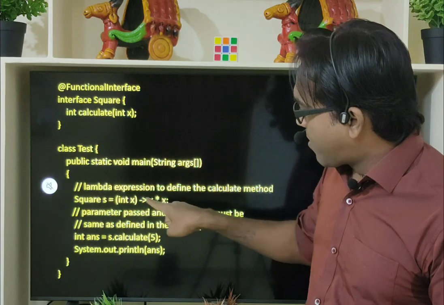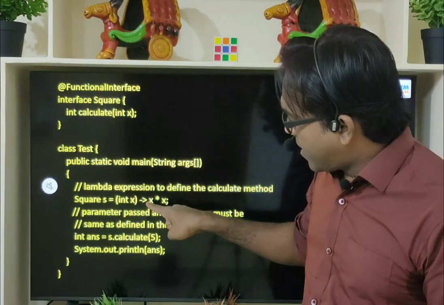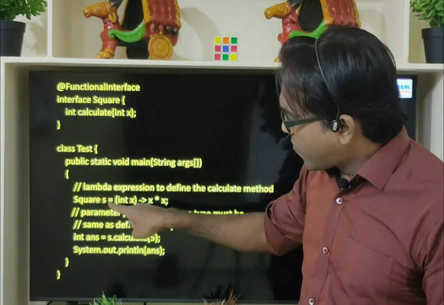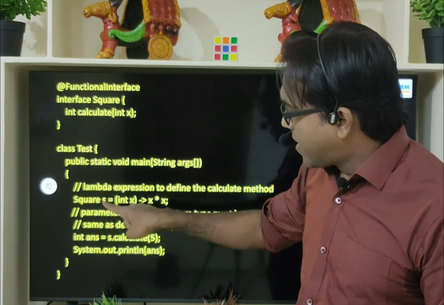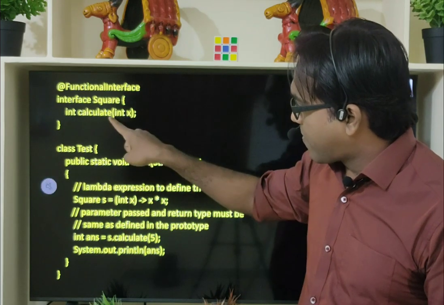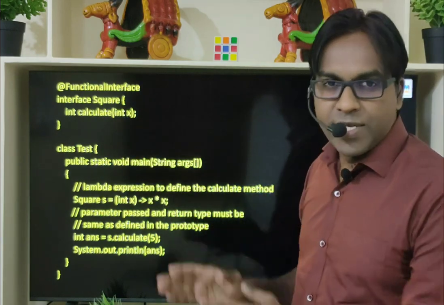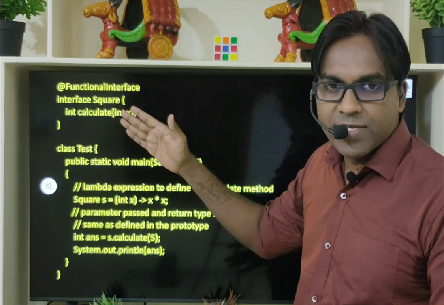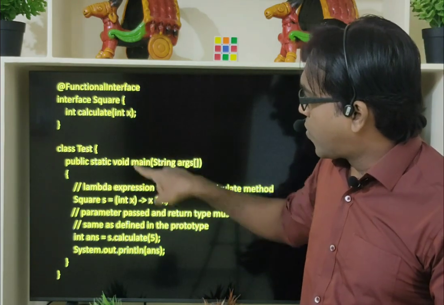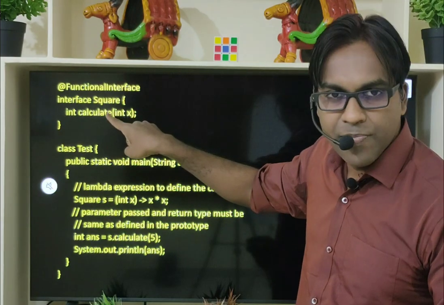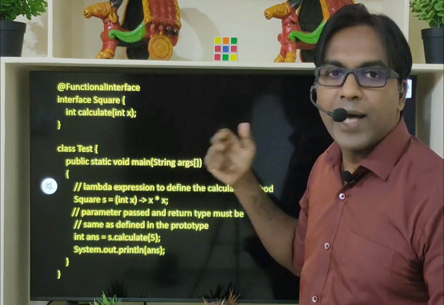This is a lambda expression implementation, and this lambda expression implementation is assigned to the reference variable of the functional interface. And after this, you can call this functional interface method wherever you need. This is the use of functional interface and lambda expression. Without lambda expression, we don't have a functional interface, and without functional interface, we no need to use lambda expression.